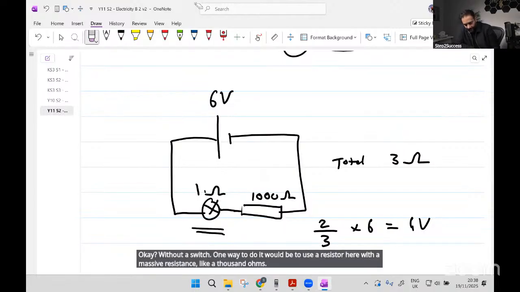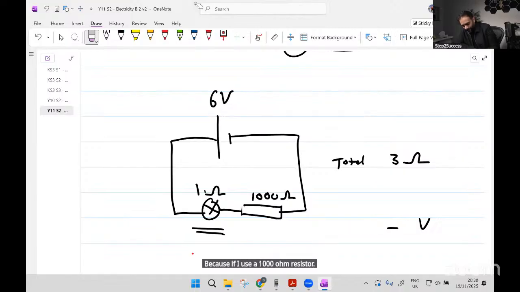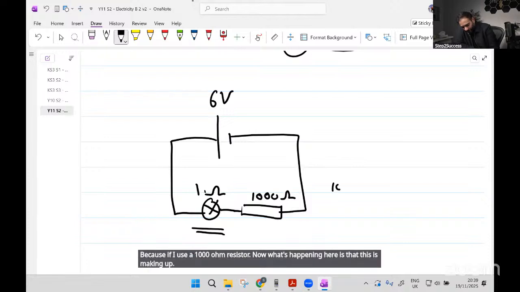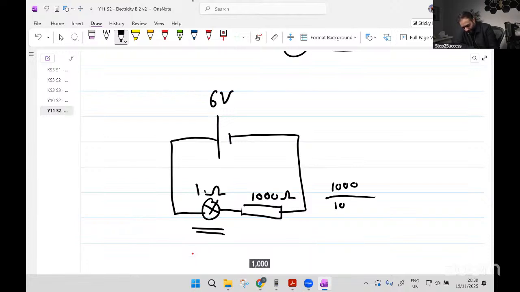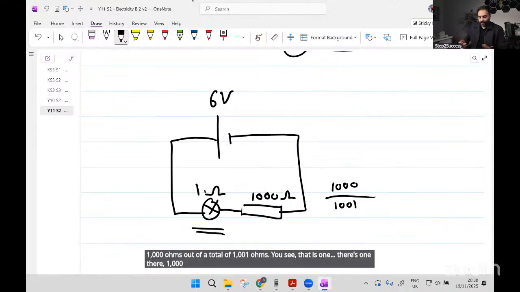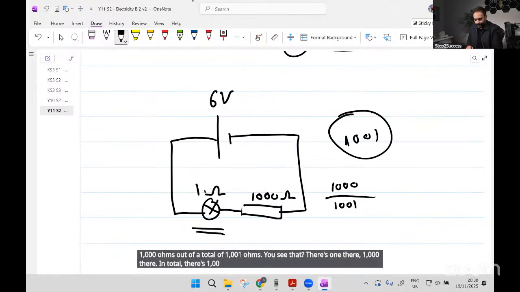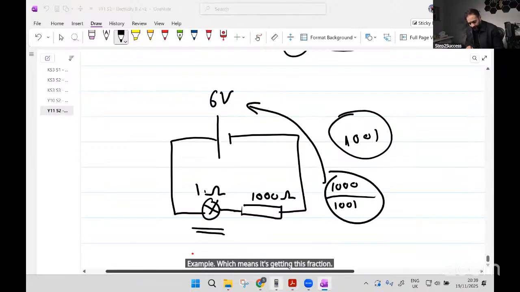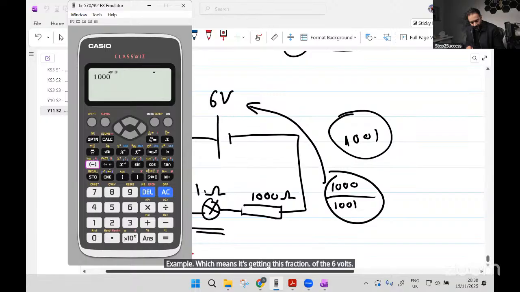Because now this is making up 1,000 ohms out of a total of 1,001 ohms. You see that? There's one there, 1,000 there. In total, there's 1,001 in my example, which means it's getting this fraction of the 6 volts. 1,000 out of 1,001 times 6